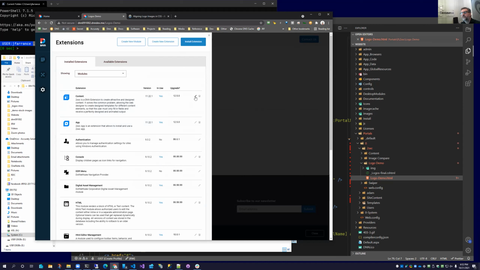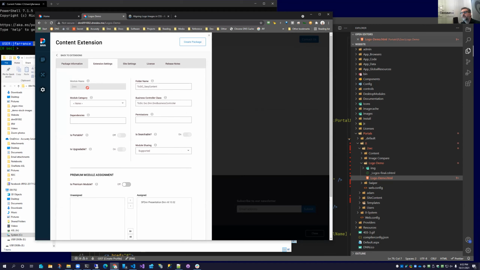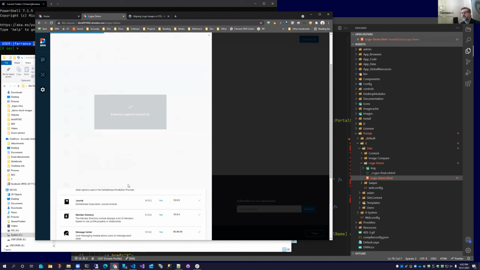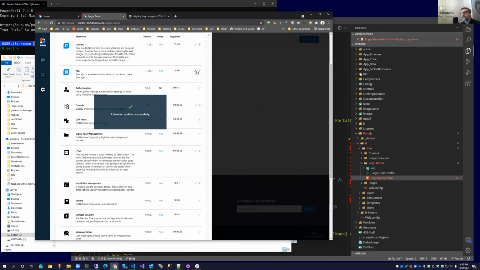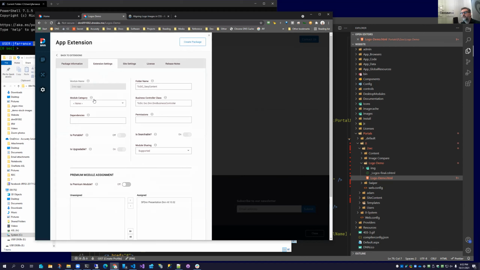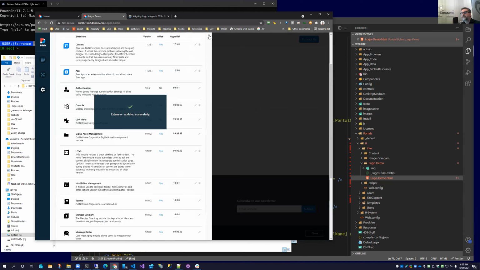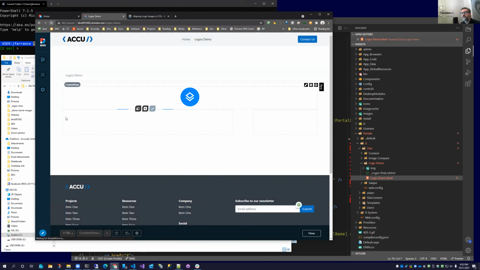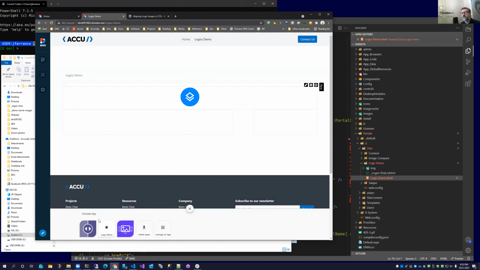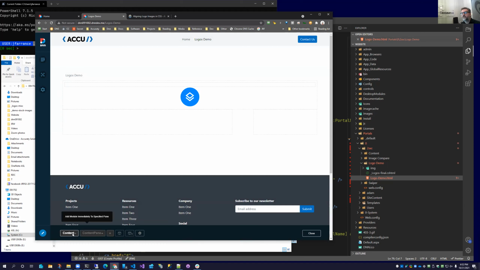And then go to Too Sexy, put those in common, save and close, edit app, common, save and close, refresh, and now you are armed to the teeth with Too Sexy content and app ready to install anywhere you want. This would make an excellent DNN docs PR.